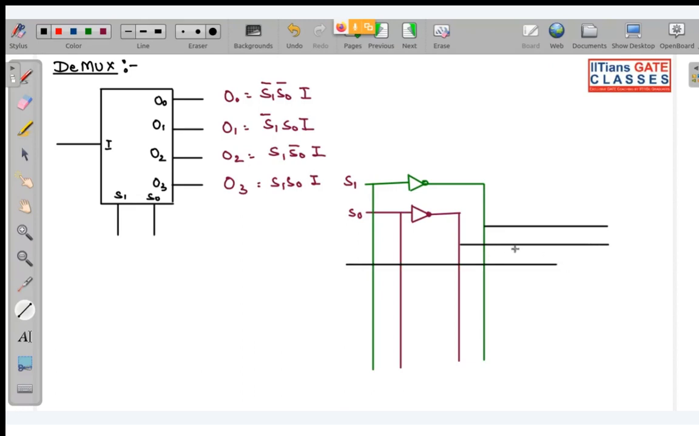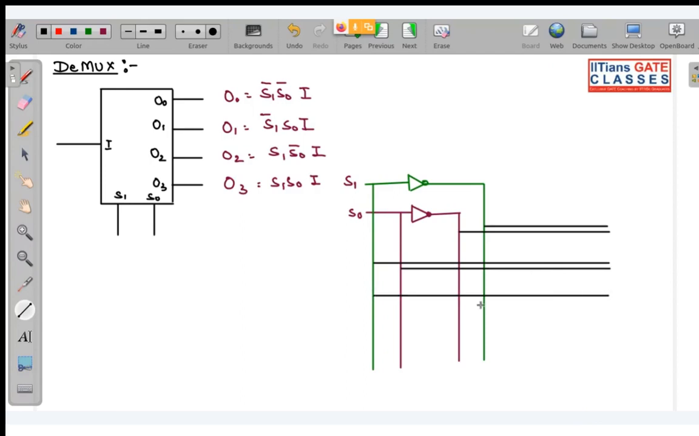I shouldn't be using this much space, so I will draw it later on. First let me complete the circuit. So next is S1 complement, S naught. So this will be the case. Second is S1, S naught complement. Last is